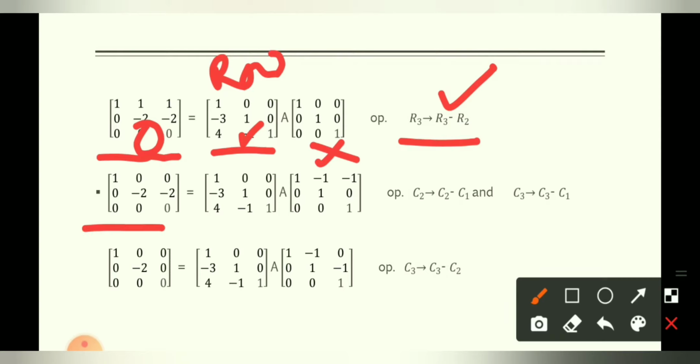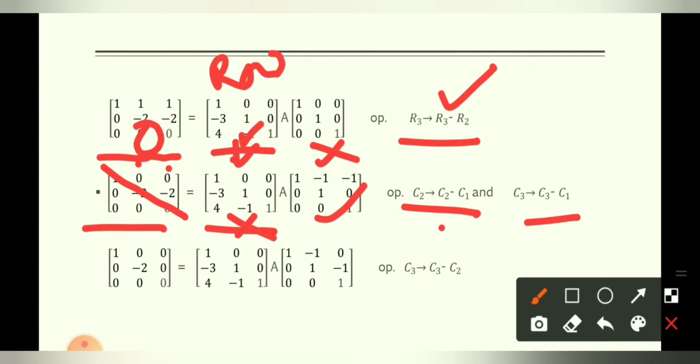Now this is your matrix. This is the matrix which is changed according to the row operation, and now we have performed the column operation. Why do we have to perform the column operation? Because now we have to make the elements above the diagonal 0. So to make these two elements 0, we operate these two column operations. Column operations are done on this matrix, and this is not changed, this is the same as the above one, and this is changed. When you perform a column operation, you have to change the second matrix.